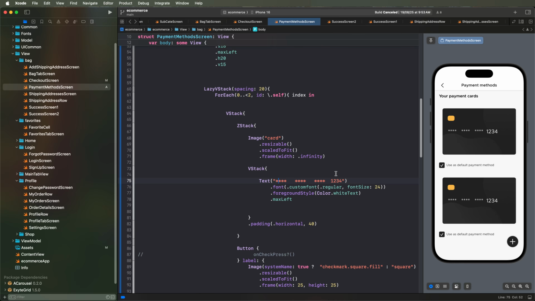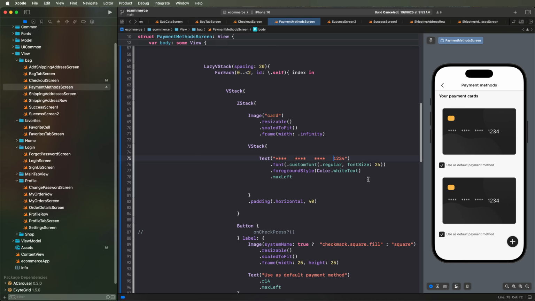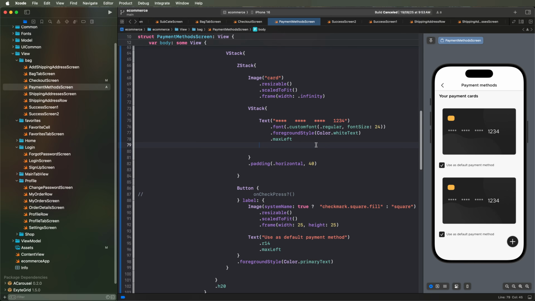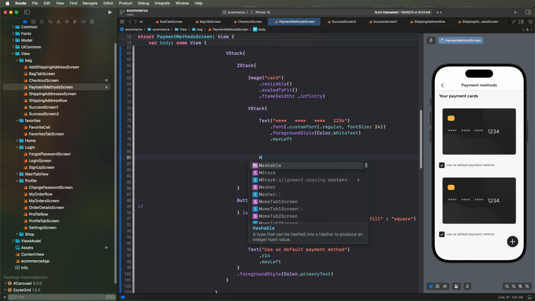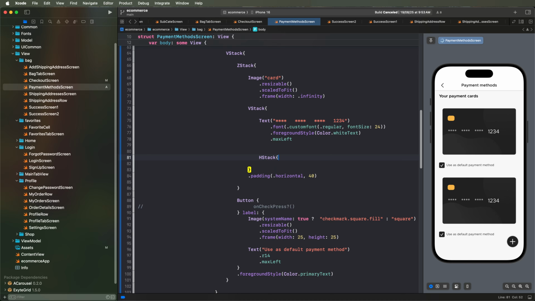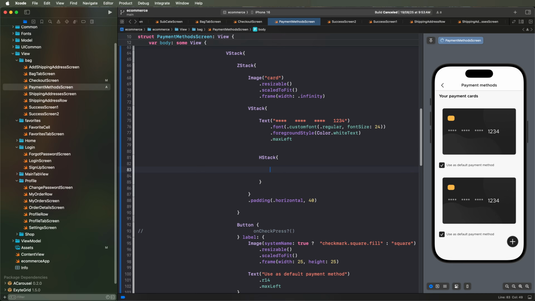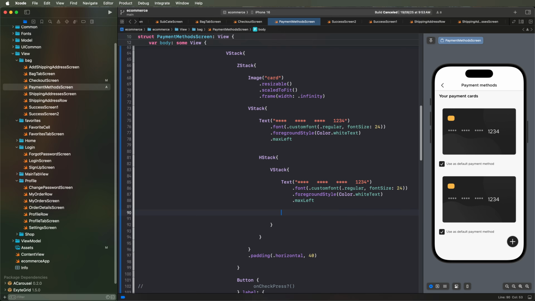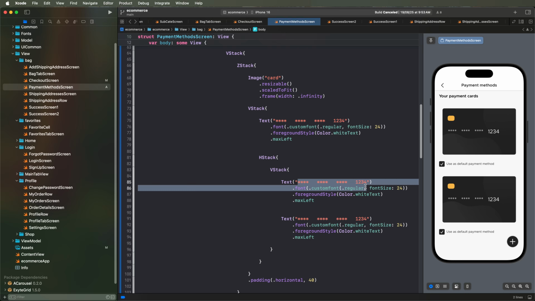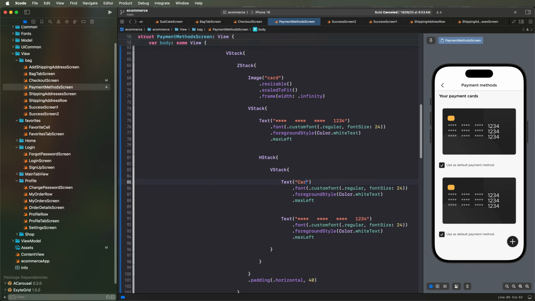Show like this the card amounts. Increase by one more, and look like this. Then after, we need to make another switch text. We need to develop the horizontal stack like here, and we need to make it inside the VStack. Make the text again. We need to copy the max left 2 times, and set these titles as card holder